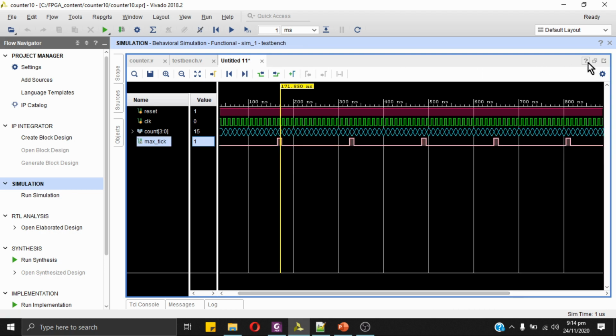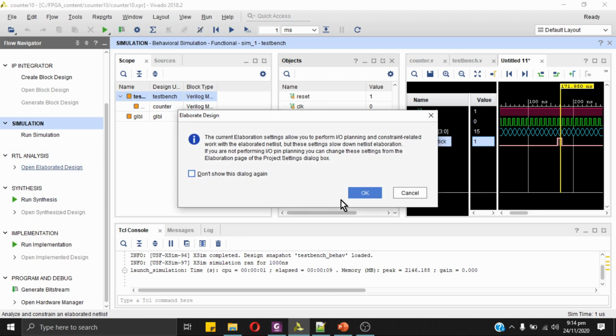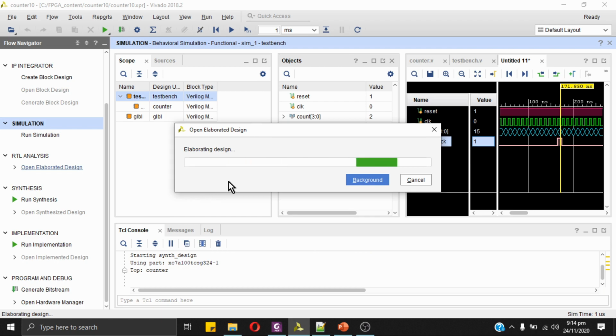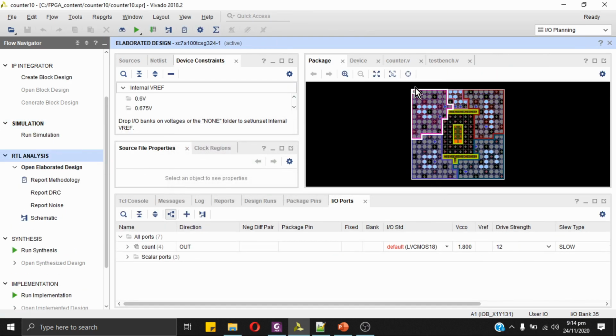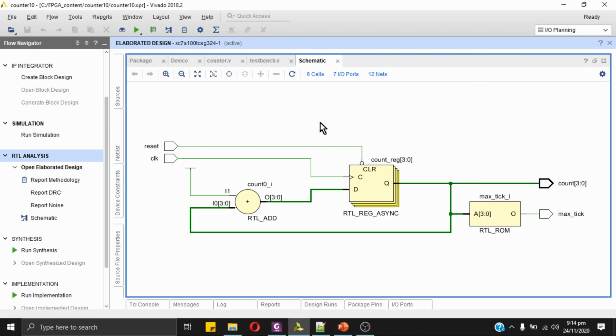This is the simulation of the counter we just designed, and we can see the RTL analysis. We can open the elaborated design to see the conceptual block, or what the Vivado software has inferred from our code. Click on this schematic. So here's the schematic we got from Vivado.